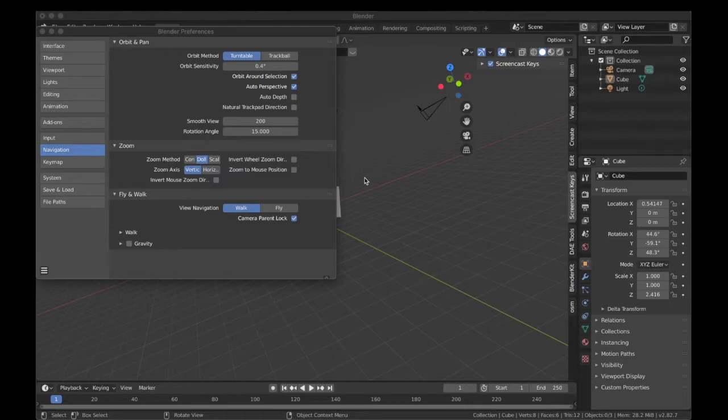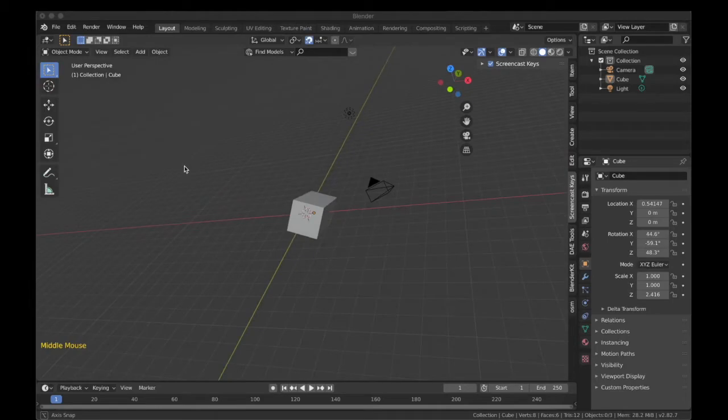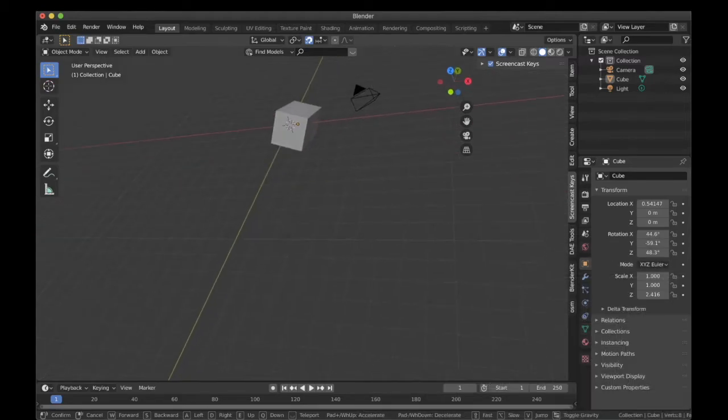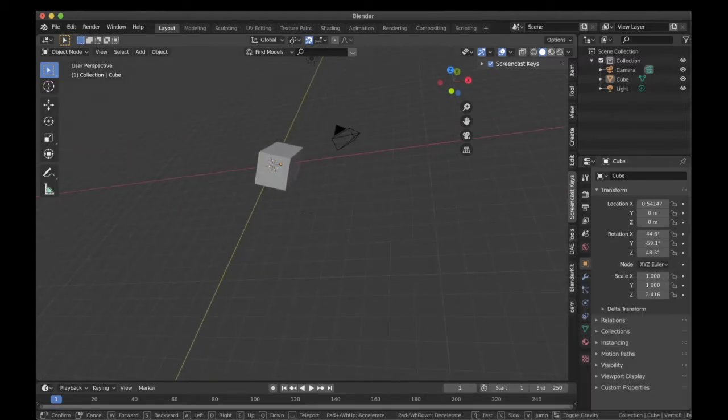Basically you can walk to navigate in the viewport, or you can fly. Walk is like moving around an object, like orbiting or panning. In fly you can use the WASD keys, like you do in gaming. Now if I go in the viewport and press the tilde button, which is the button right beside number 1 on the keypad, you can see at the bottom of the Blender UI that it is now prompting me to do one of these things.